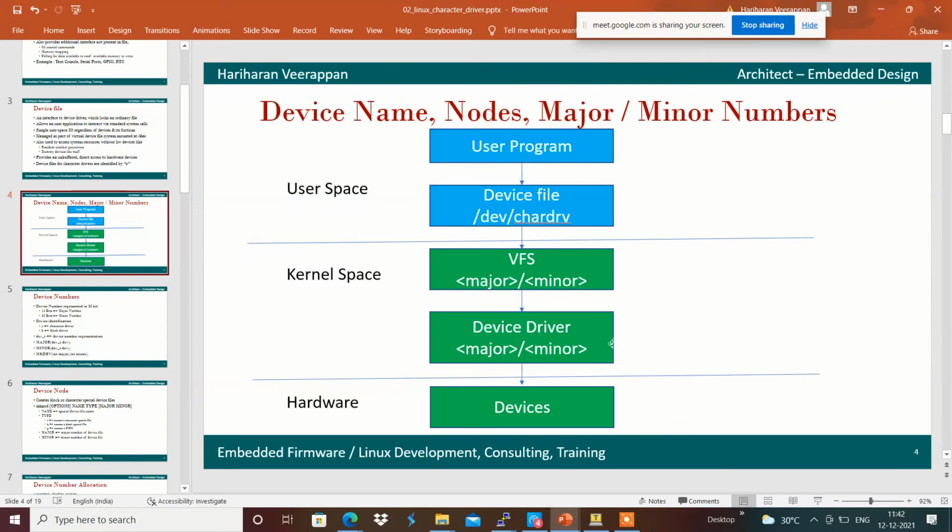Once we have that, we can create a character device cdev and link the file operations of the character device file, and the major and minor number dev_t first is linked to that cdev, so that every device file access will be very similar to normal file access, but the respective callback function within the device driver gets called in the kernel space.